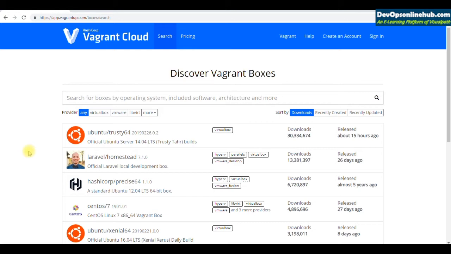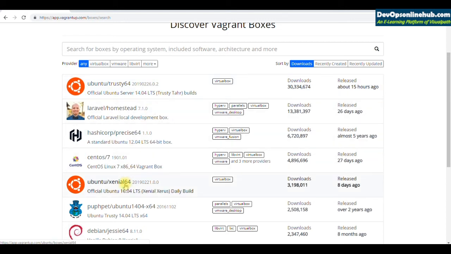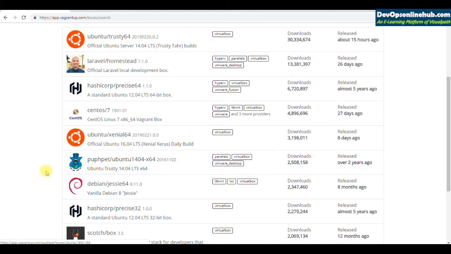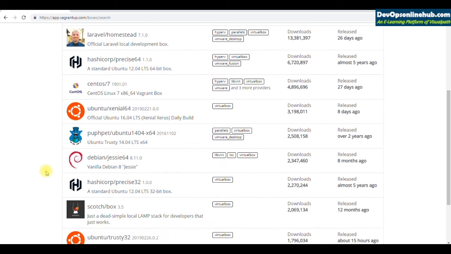So there are boxes with operating systems like Ubuntu, Ubuntu 16, Ubuntu 14. You see that's ubuntu/xenial64. That's official Ubuntu 16.04. centos/7. This is also an official box. Or if you want to call them images, you can call them images also. They are actually VM images. So Vagrant created virtual machines for you, and they have hosted these virtual machines on Vagrant Cloud. And the Vagrant tool will pull up these boxes and create virtual machines for you on your laptop. So there are boxes with operating system, and some boxes are with operating system and some softwares.